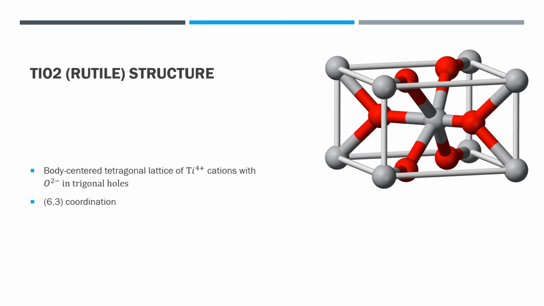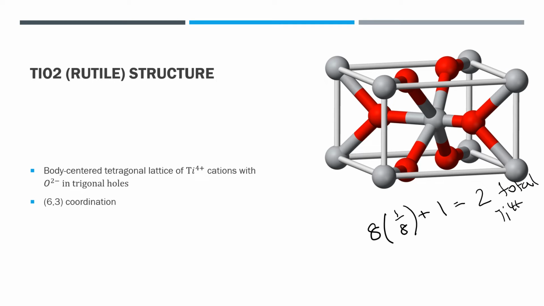So in this structure, we have this body-centered tetragonal lattice of titanium 4+ cations. So what does that mean? Body-centered tetragonal lattice, you can kind of guess, right? Just like body-centered cubic, we have the 8 on the vertices, and we have the 1 in the center. So let's count the number of atoms, or ions. We have 8 on the vertices that are shared by 8 unit cells, so it's 1/8 each. And then we have the 1 in the center, so that gives us 2 total